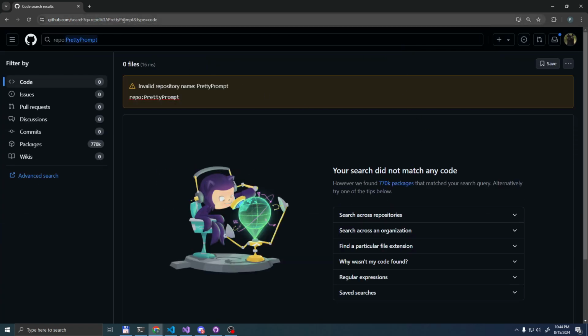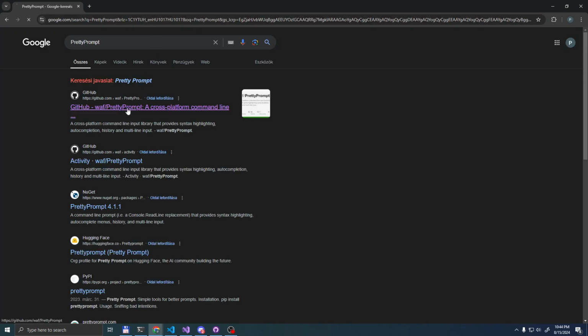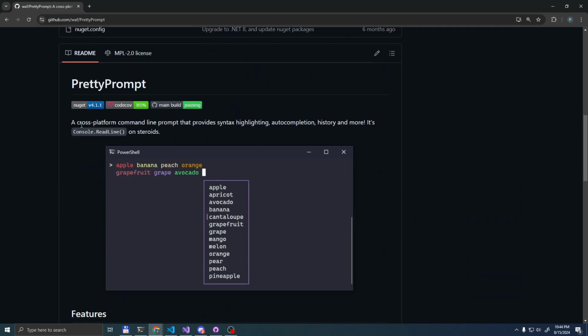I hope that's a thing. It's not a thing. It is a thing. Yeah, so this should be a prompt that allows us to do syntax highlighting, completion, history, and more, which is something we will really, really want for our REPL as well eventually, when it's more feature complete and is ready to accept these services.